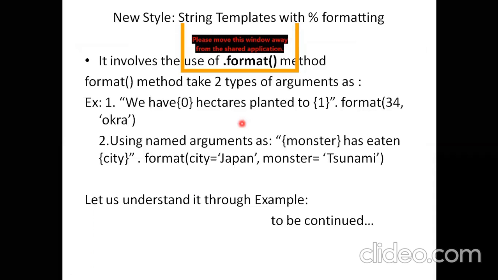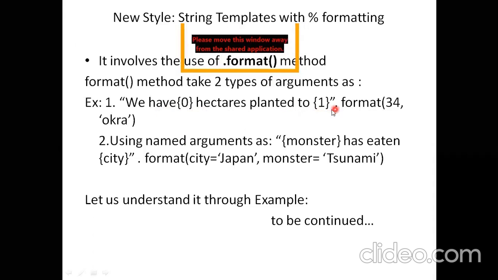Now see, the new style formatting always uses the dot format method. So this is the keyword which is used with new style formatting. Now this dot format can be used again in two ways. First, wherever the values will come, you can just use curly brackets there. For example, we have dash hectares planted to dash.